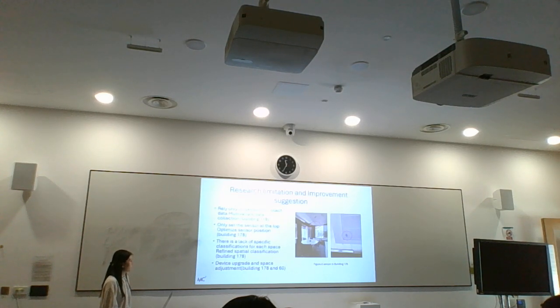So we can compare with other ways, like recording videos, to know how many people attend these meetings. The second limitation is that we only have one sensor at the top. So I suggest we install another sensor outside the meeting rooms and one inside the meeting rooms. And